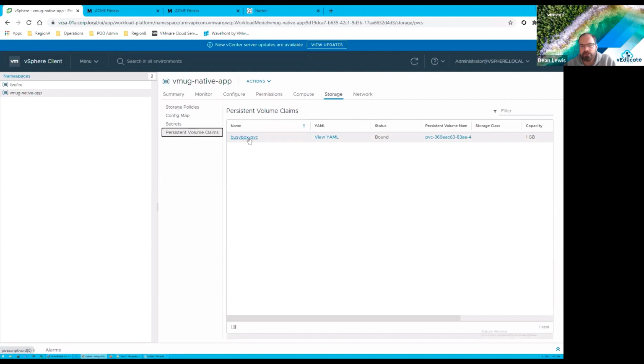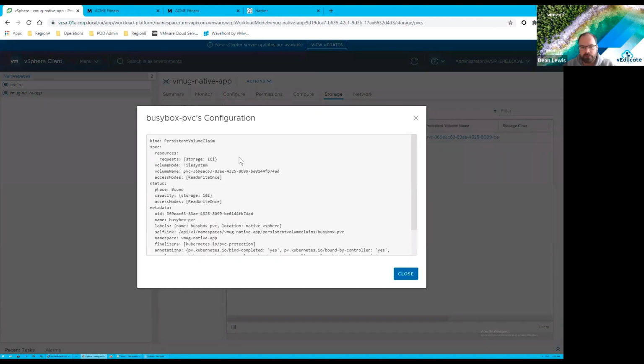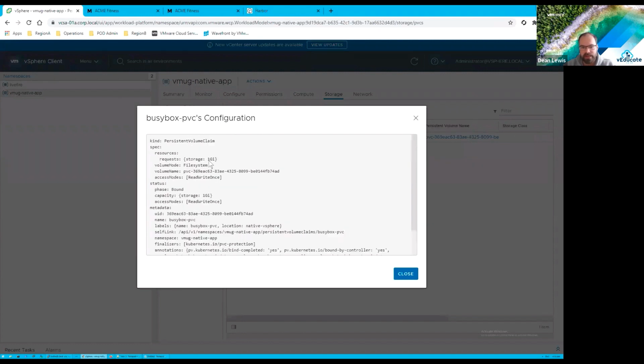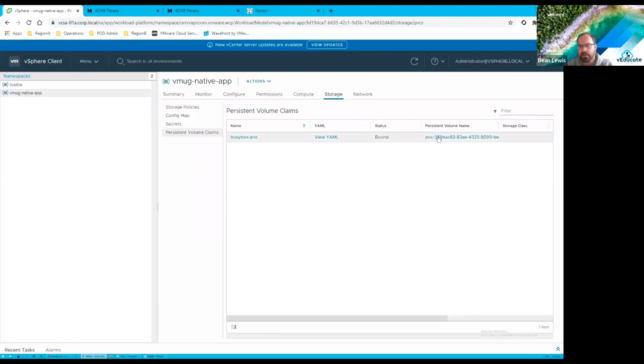So from BusyBox, you're going to see the name of the PVC. I just called it BusyBox PVC, you see. You can see the full YAML file that was used to create it. You can also see the persistent volume name that's back-ended within vCenter. Because we know vCenter likes to use these things called UUIDs, which are not readable from a human perspective. So we'll click View Volume. View the YAML. So we can see the YAML that's in place. And again, if we did that describe command on the PVC within the Kubernetes command line, we'd actually see the same information. If I click persistent volume name,